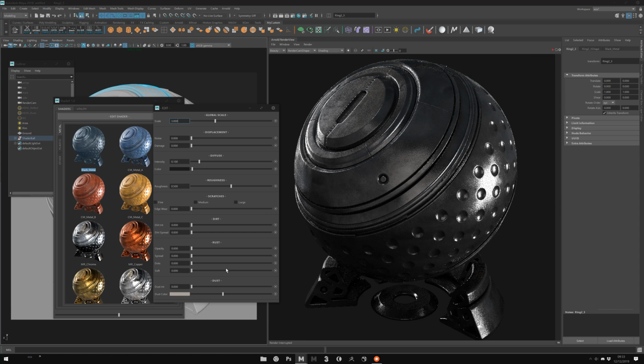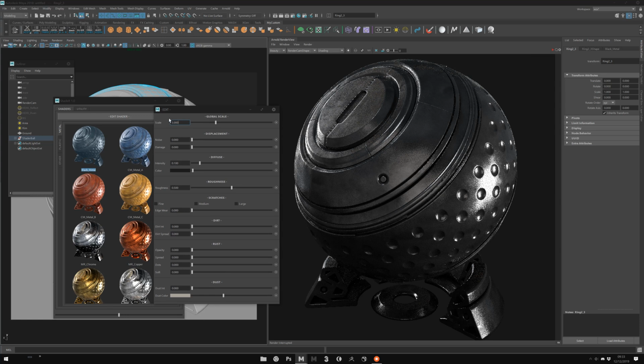Okay, so that's the idea for each shader. Now, how it works. At the very beginning, you will always have the global scale slider. Global scale is, as its name says, a scale to adapt all the tiling of all the textures to your object.